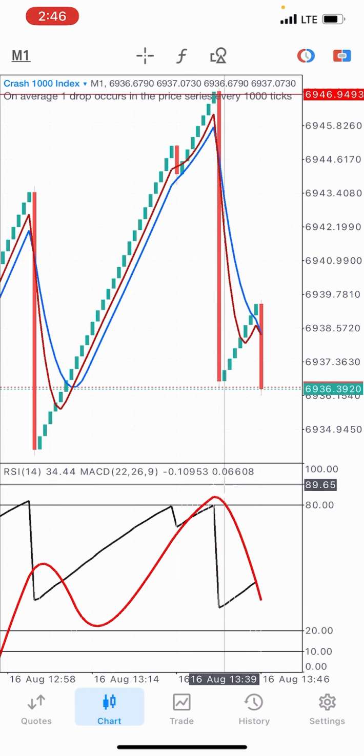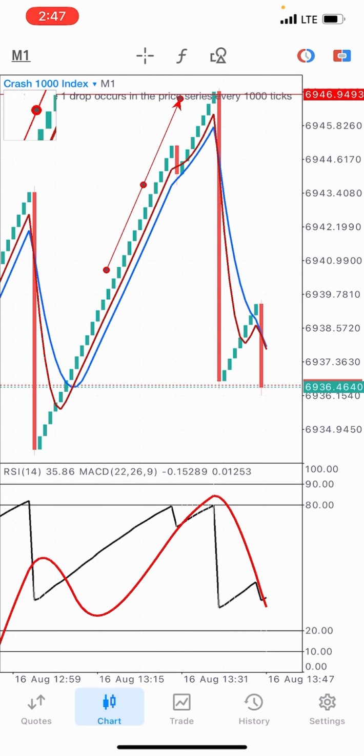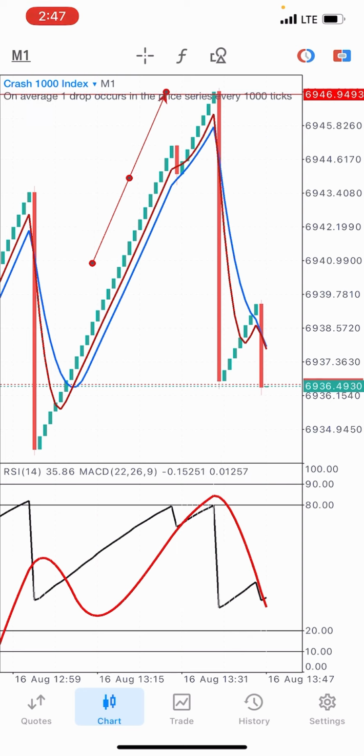So if market gets to level 90 for crash, you open a position at that point. And as you're opening a position, you must confirm here on the main chart that you have market on this zone, around that zone, right? Then you have the same confirmation on your indicator window that your RSI has gotten to the oversold zones. And what you do next is you sell it at that point. Then for boom,